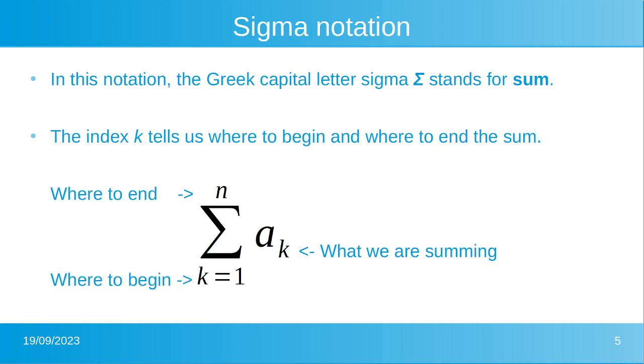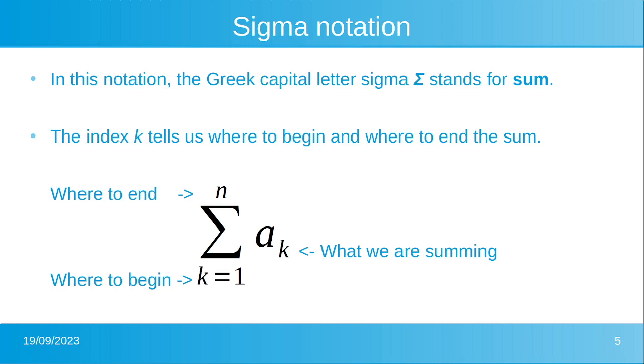And the symbols above the capital letter sigma tell us where to end our sum: k is equal to n. The symbols to the right of the capital letter sigma are what we're actually going to be